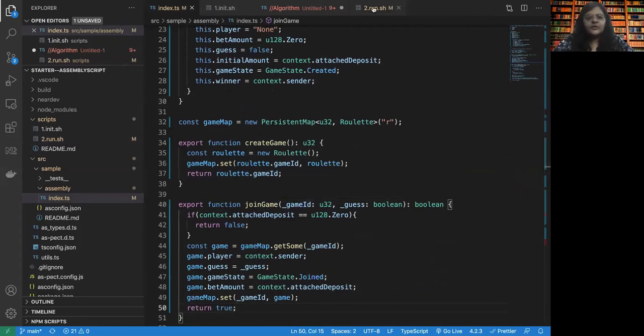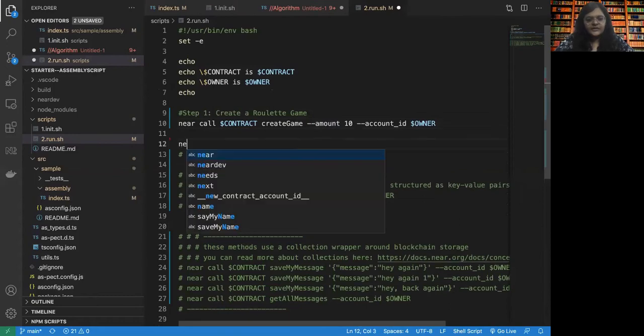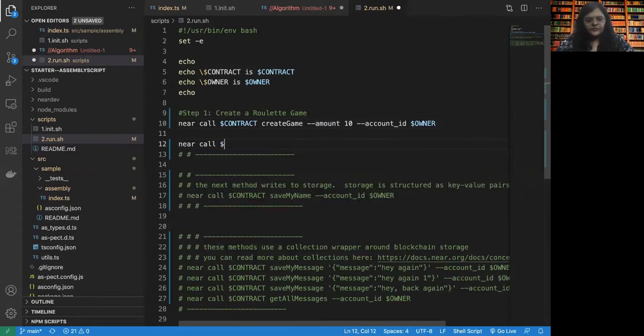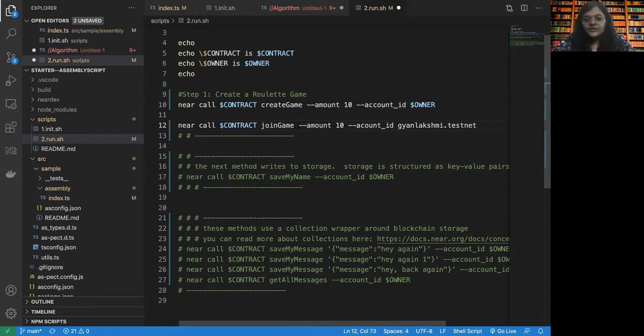So what I'm going to do is say near call dollar contract join game. Now this also needs some amount of money, and the account through which I will be joining is my other testnet account. One more thing we need to do here is pass some parameters: the game ID as well as the Boolean.